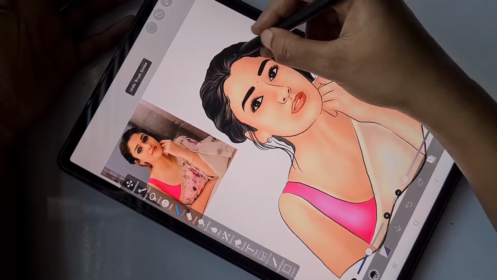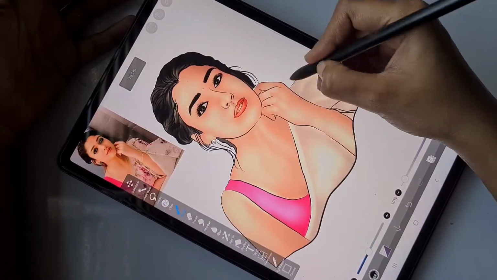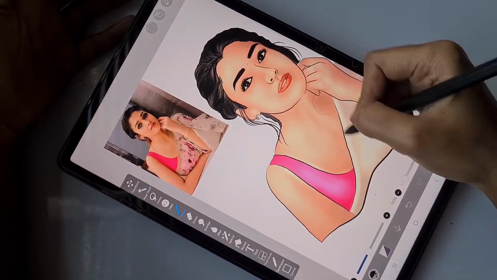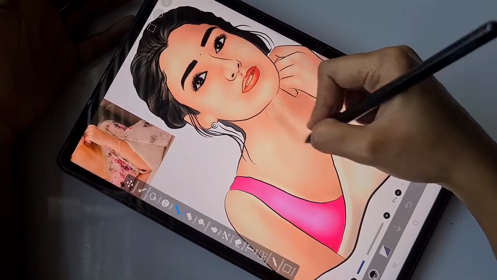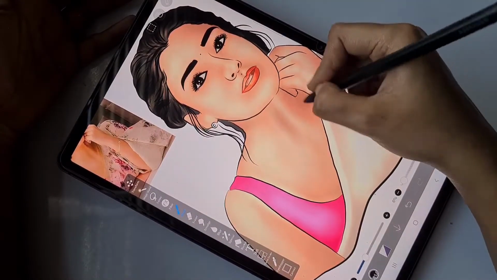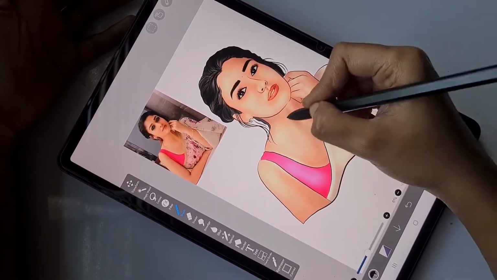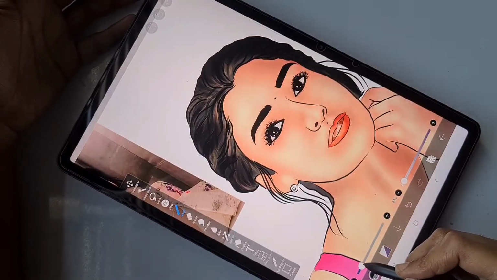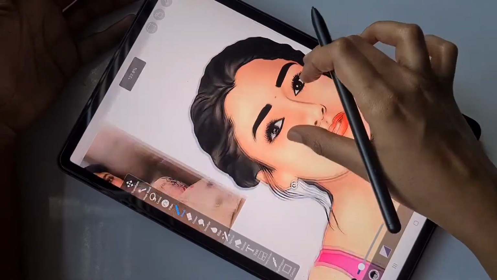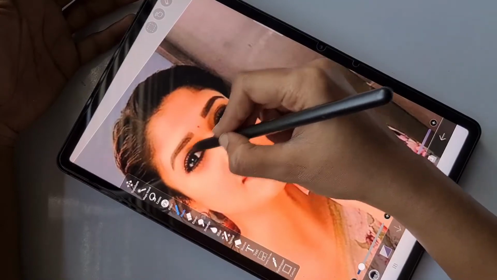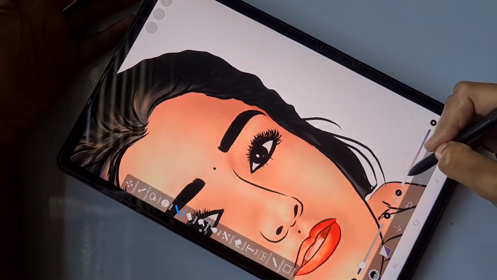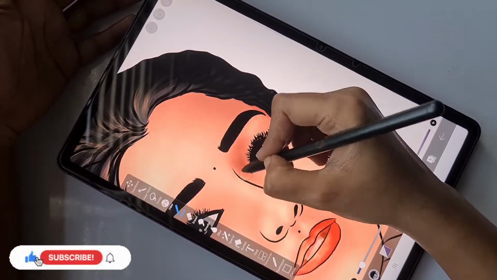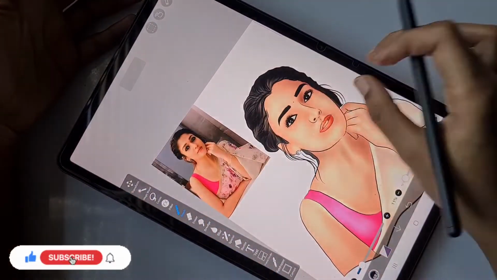So here you can see for hair I used a hair brush and then a hair light brush to add the details, and now I'm adding shadow details to the skin using the airbrush tool. And you can see here, for the shadow layer also, I have kept the brush opacity almost to the minimum, just because too much opacity will damage the layer, since we are not going to add the main base for